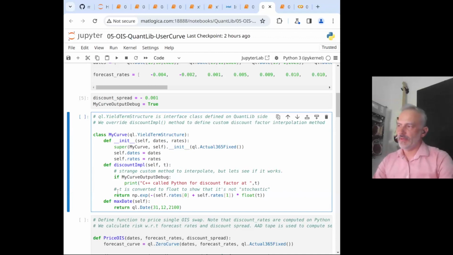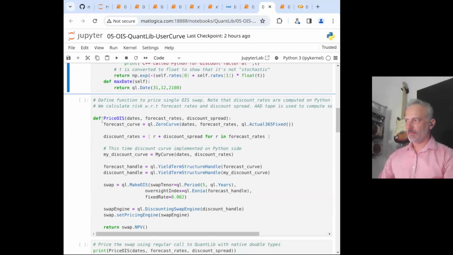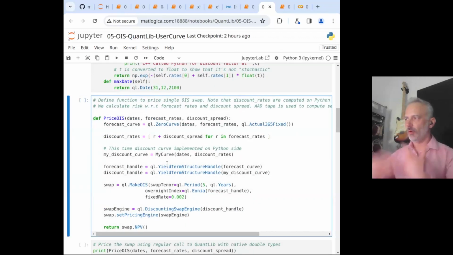So you can provide alternative ways to interpolate your rates, and by doing so, in the function where you call pricing functions from C++, you can create this custom-defined class on the Python side, and you can send it to the pricing function on C++.